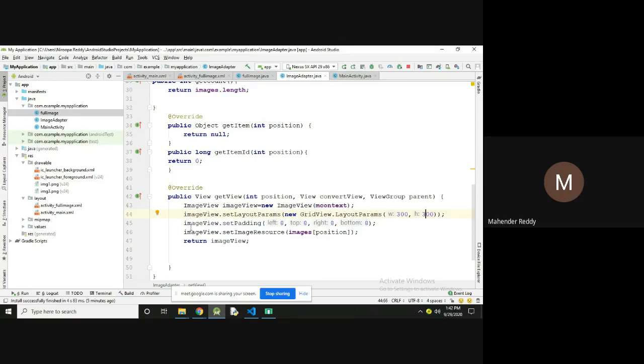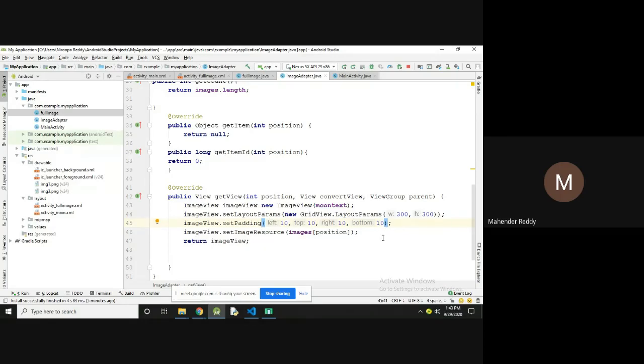Okay. So now image view dot set padding 8, 8, 8, 8. You can also change this to 10, and not only the same numbers, you can also change the numbers for the padding.